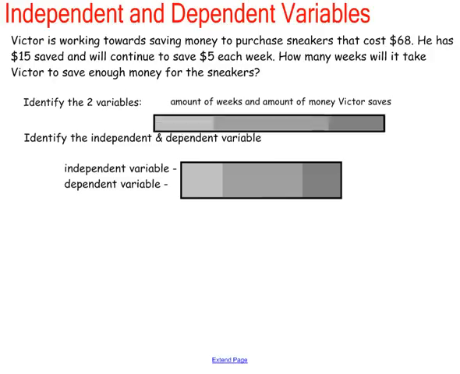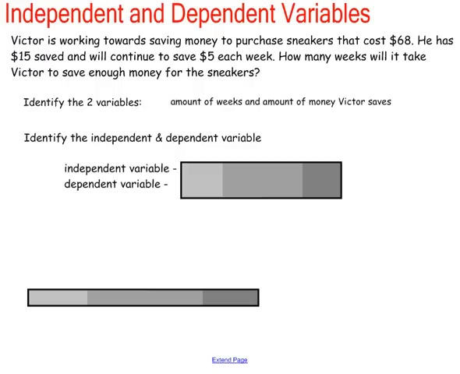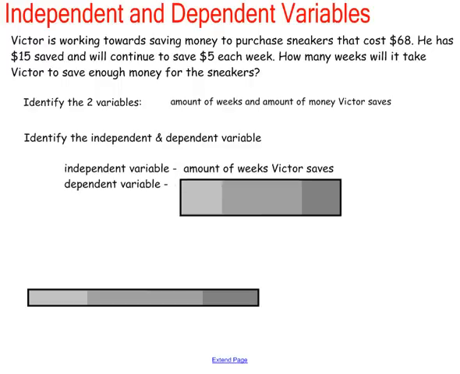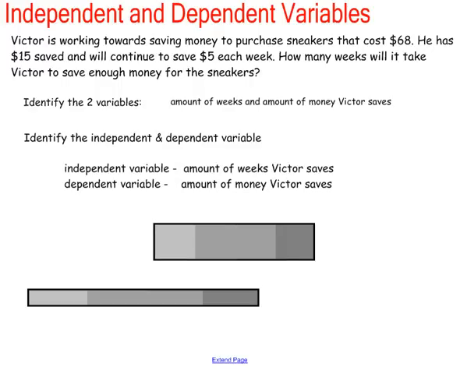Okay, let's check your answers. The two variables are the amount of weeks and the amount of money Victor saves. And then your independent variable is the amount of weeks Victor saves, and the dependent variable is the amount of money that Victor saves. So if that's not what you had, please make the corrections on your notes,